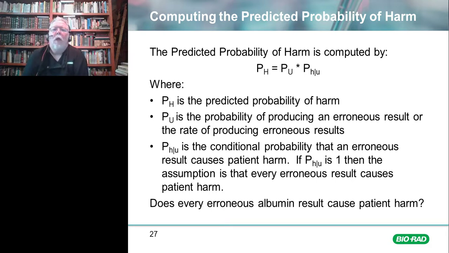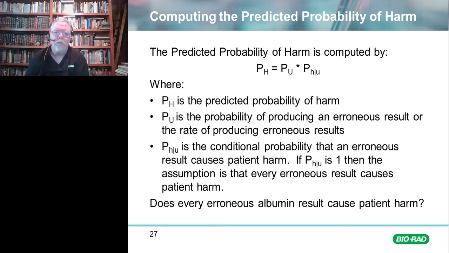So we have this conditional probability of harm given an erroneous result. That probability is going to be 1 if you assume that every erroneous result causes patient harm, but it could easily be much lower than 1 based on the quality specification and the clinical